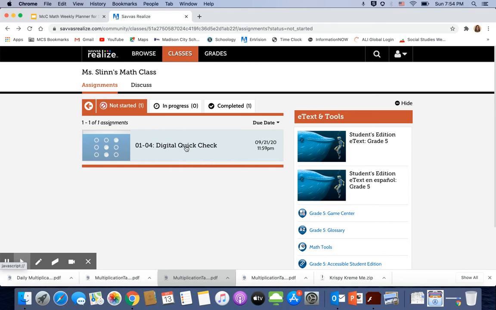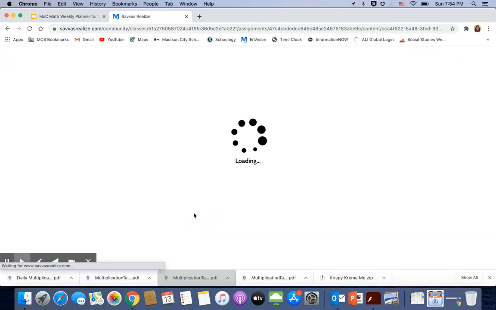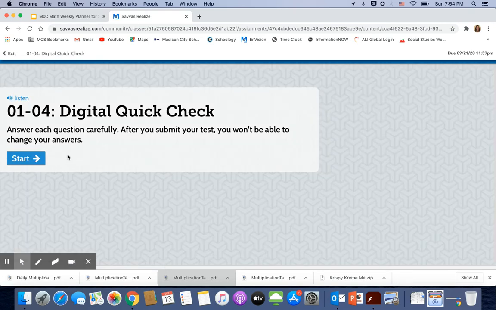I want to know from you guys if you're able to do this. Does it work for you? Does it make sense to you? Because I don't want to assign you a ton of work on the Envision site only to find out that things are not working. So let me know right away if this isn't working for you. You're going to click on the assignment,